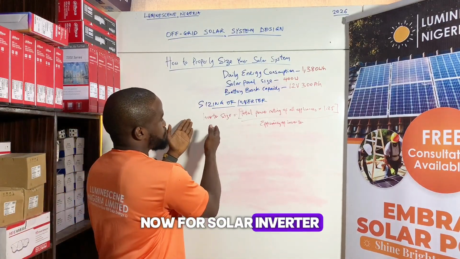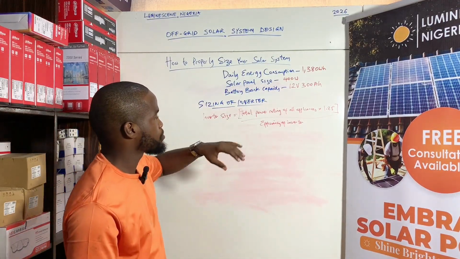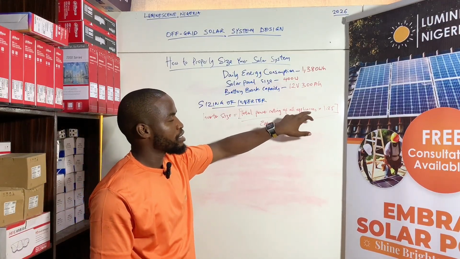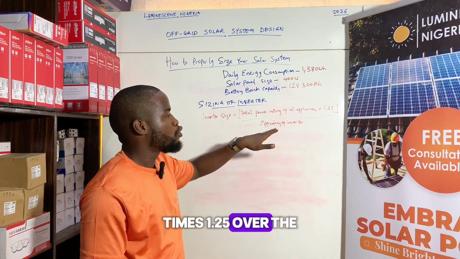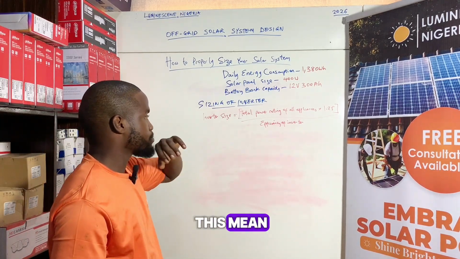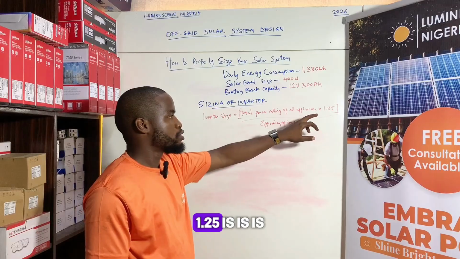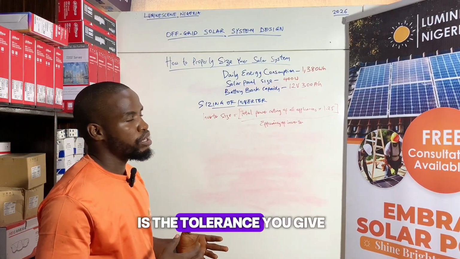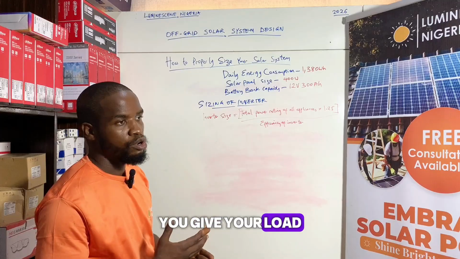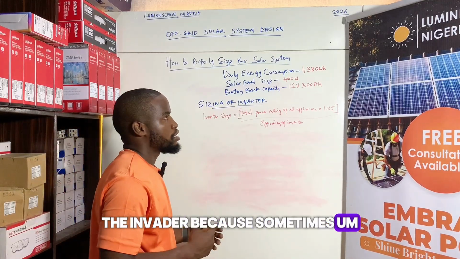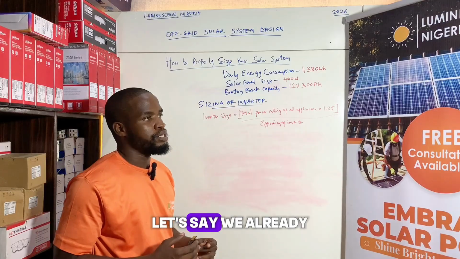Now for sizing inverter, this is the formula: total power rating of all appliances times 1.25 over the efficiency of inverters. Now I'll explain what this means. 1.25 is the tolerance you give your load, or you give the inverter, because sometimes, let's say we already calculated